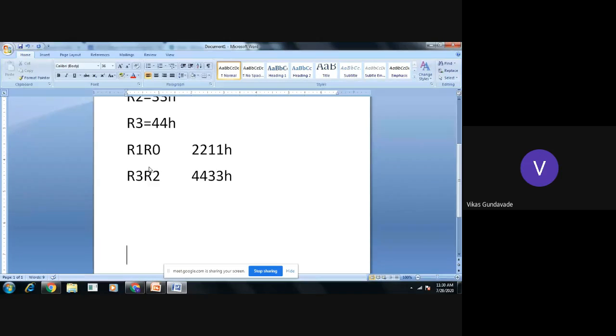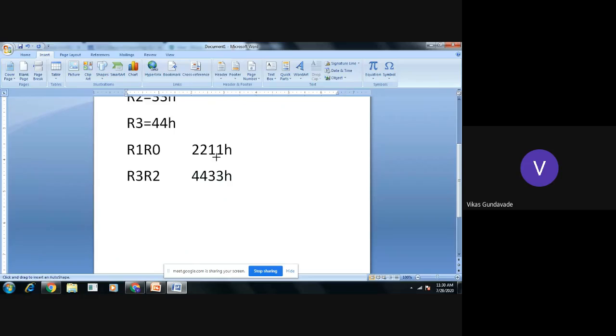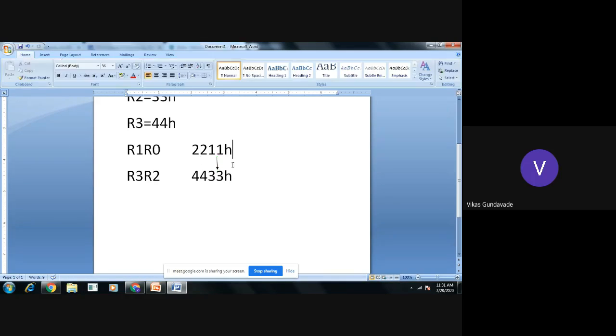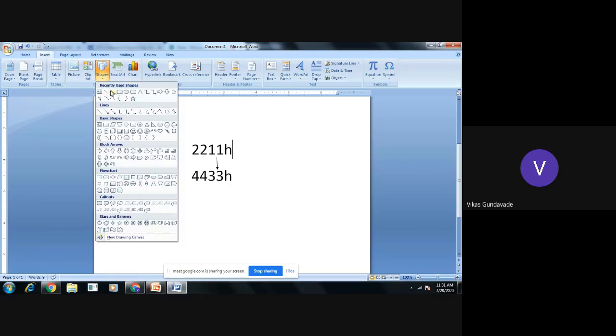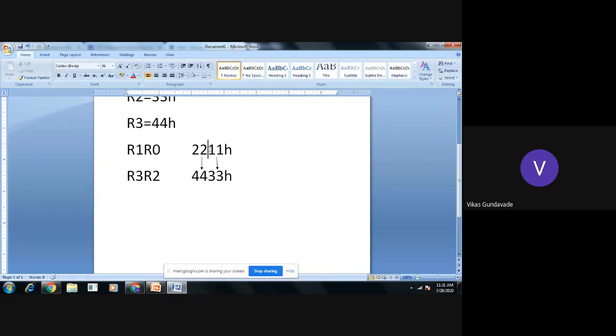Now, here we want to make the addition of these two numbers. Then what we need to do? We need to first add the lower 8-bit numbers. Just I will take the marker. So here we need to make the addition of these two numbers. That will be the addition of lower 8 bits, and after making the addition of these two numbers, we need to make one more addition for higher 8-bit numbers. Then we will make this higher 8-bit number addition. So here first lower 8-bit addition and then higher 8-bit addition.